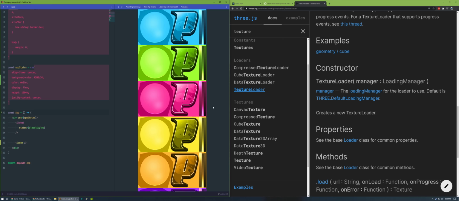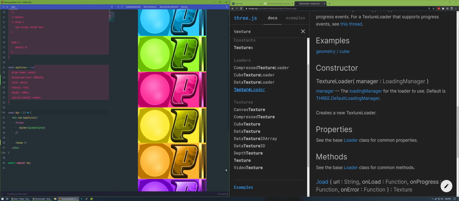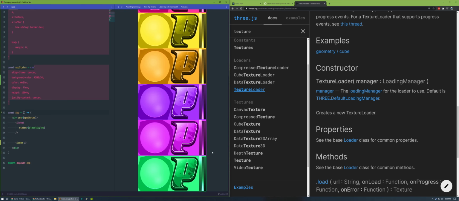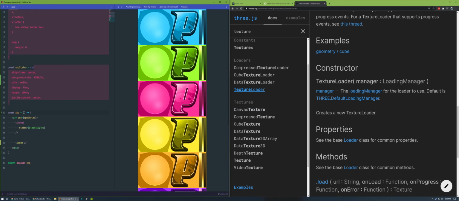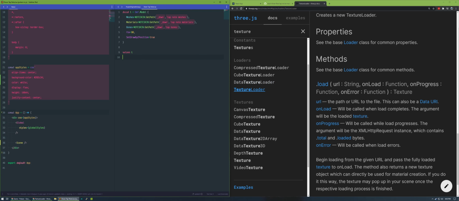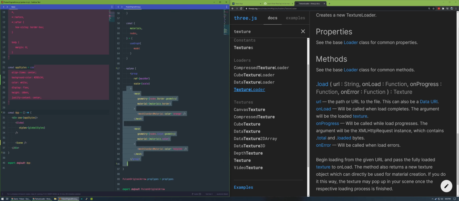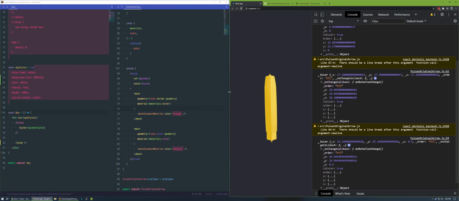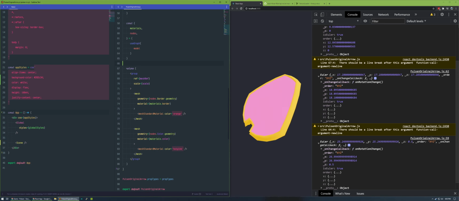I don't remember what these look like in the game because they've changed so many times. I remember what they used to look like when I first built them, but clearly these look different. So when I load a texture, I have to know how to place something in there. You know, the thing is, these are just rendering the stuff in there, right? The materials.color and materials.border. But in this materials.border, there's something in here that maybe defines how the image actually renders on the screen. So if we log that again,